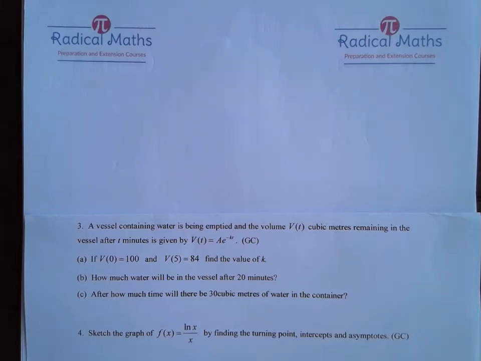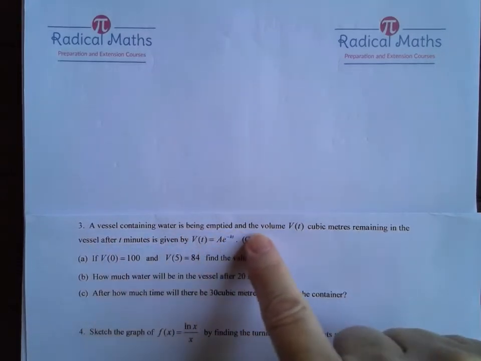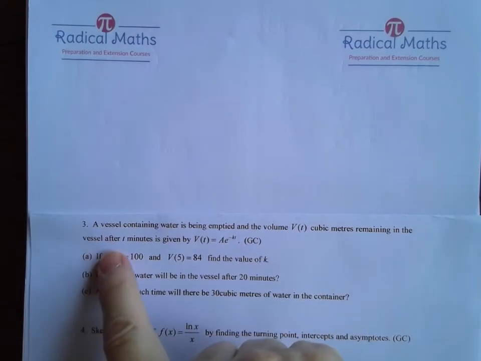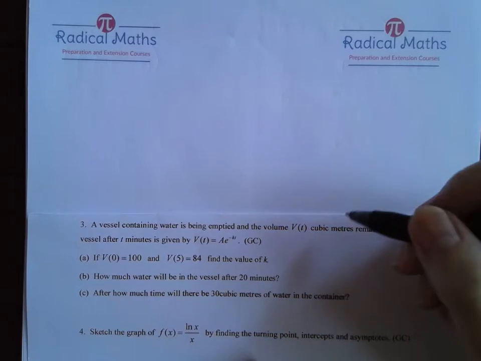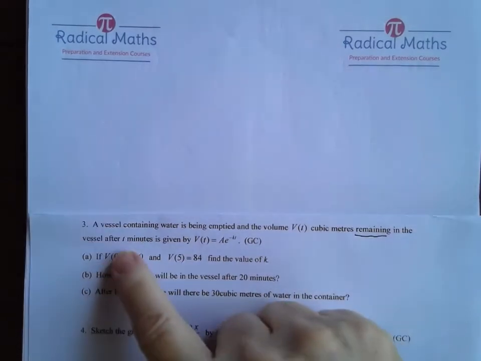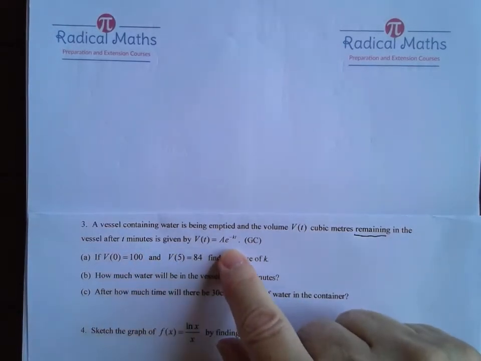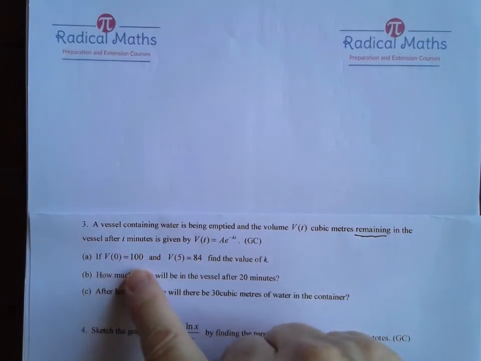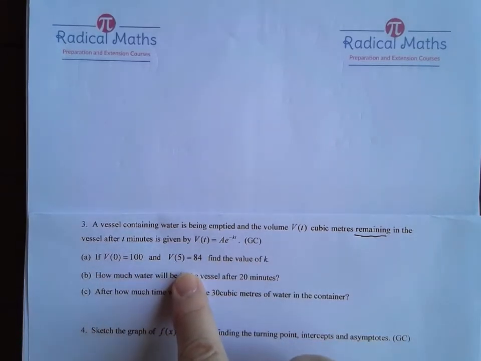Alrighty then, question 3 is a worded question, but for sure a complex familiar question or even simple familiar. A vessel containing water is being emptied and the volume V of t cubic meters remaining in the vessel after t minutes. So this is one big word to look at, remaining. After t minutes is given by this equation. This is a graphics calculator question. And it says if V of 0 is 100 and V of 5 is 84, then find the value of